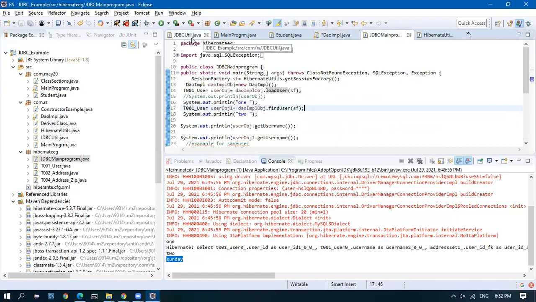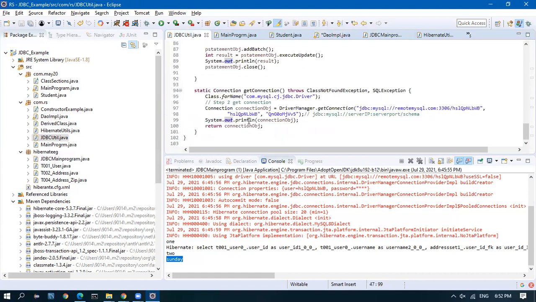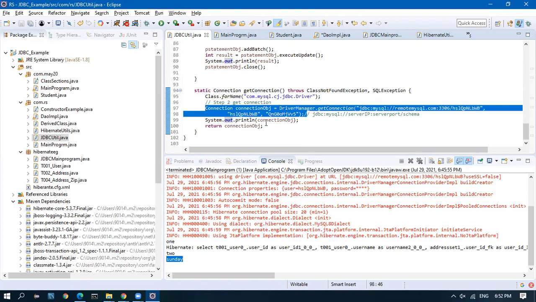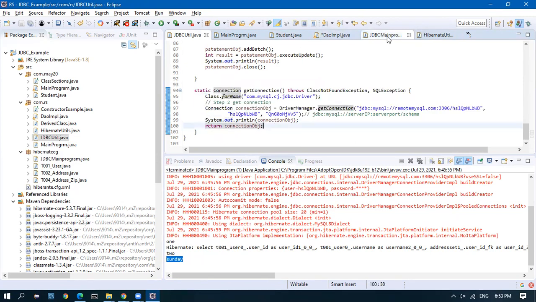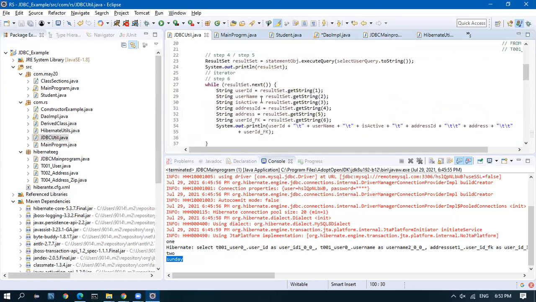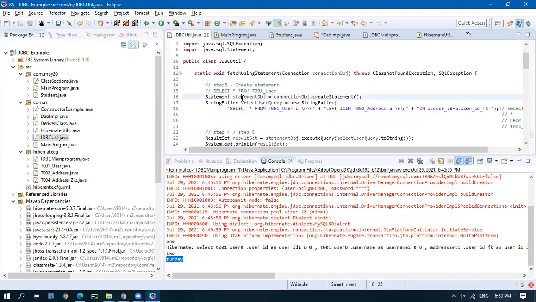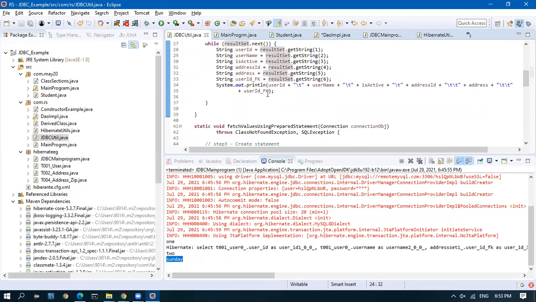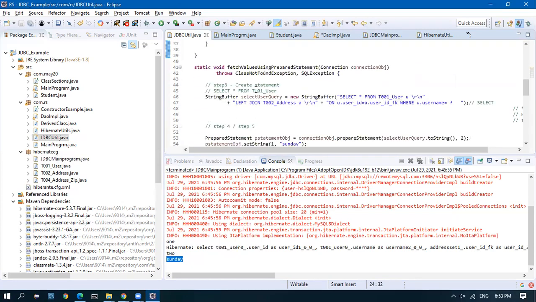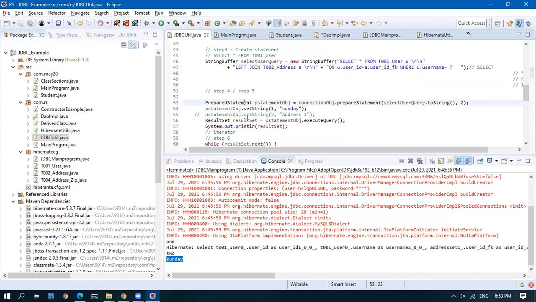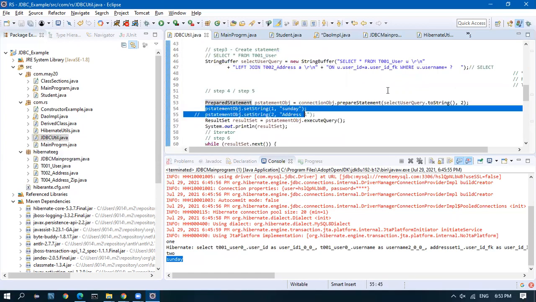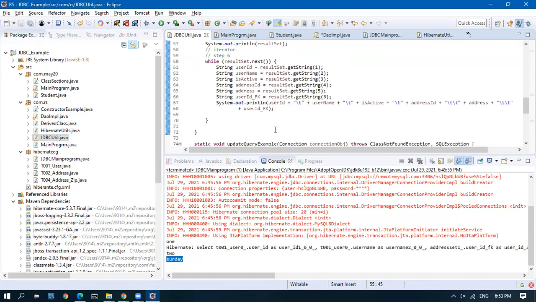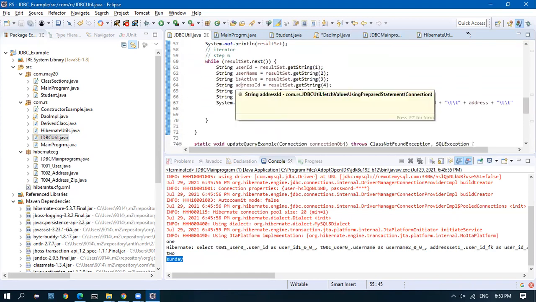To summarize, to configure JDBC, we use Class.forName and DriverManager.getConnection, and we get the connection object. Using the connection object, we either create a statement, connection.createStatement, pass the query, execute it, get the result, iterate, and return. Or we create a prepared statement, set the values in the question marks, and then iterate and send it out. This is the traditional way of accessing.